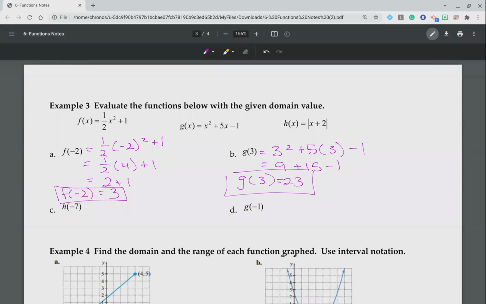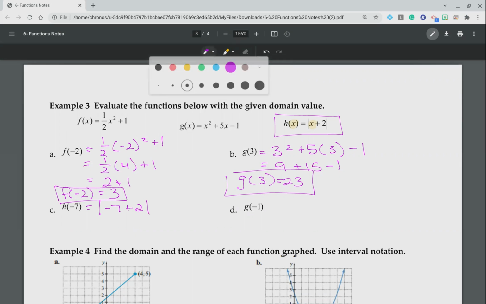All right, next we have h of -7. So now I'm traveling over here to my h function. I have an x here and an x here, and they are telling me to plug in a -7. Oops, +2. Now, if you forgot what those vertical bars mean